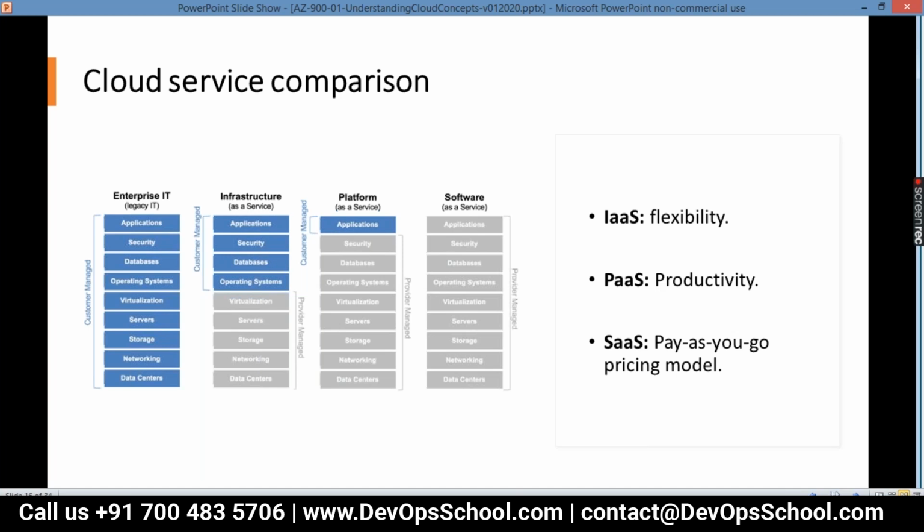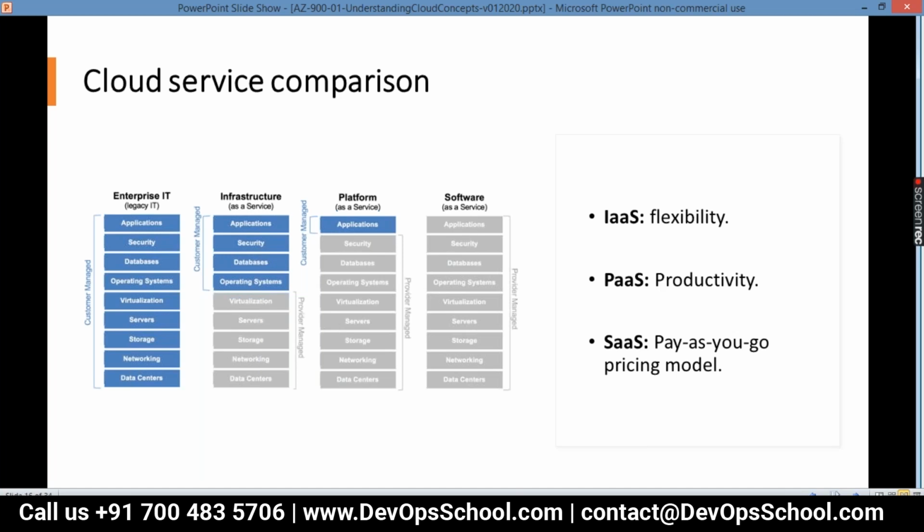This is very important. They will ask you in the question what things we manage on premises, so you have to list down everything. They will ask, in infrastructure as a service, what things are managed by the customer and what things are managed by the cloud provider, meaning AWS, Azure, or Google. But here only Azure is going to manage.